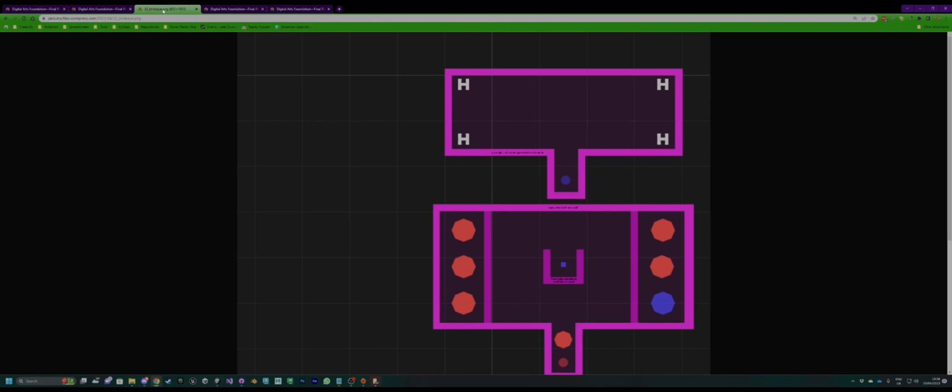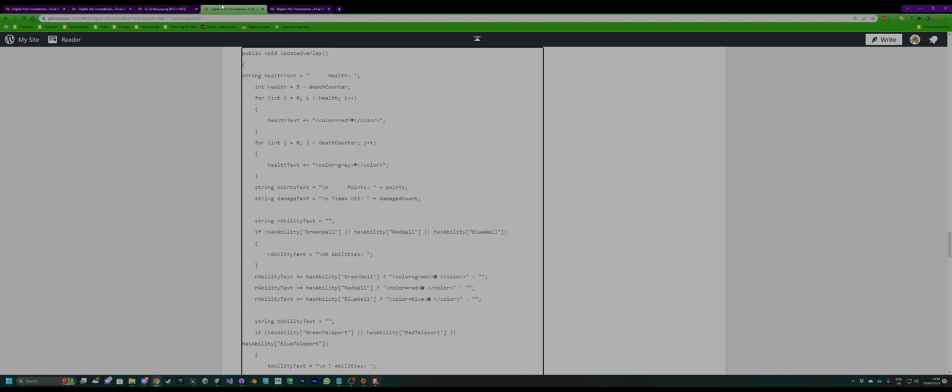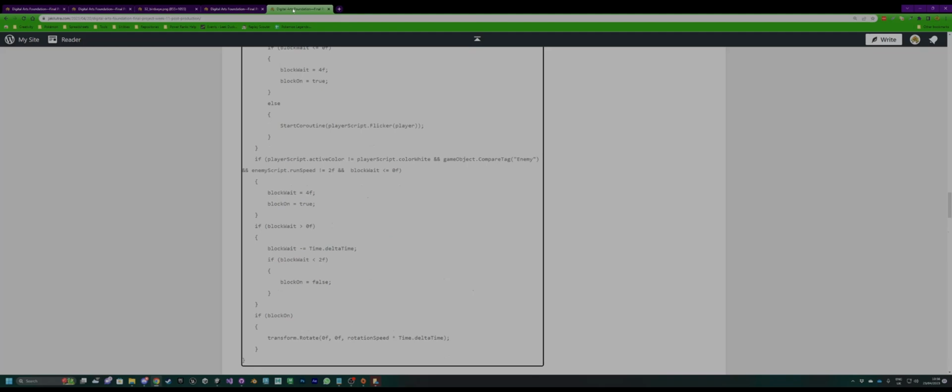As for the main development, I focused on developing 2 extra main areas in a final boss fight, as well as the overlay displaying health, points and hits taken. The overlay was easy to edit the content of, but hard to manipulate the dimensions of. For the colour-based abilities, the red introduced the blocking via rotation, and the blue introduced an optional multi-bullet attack. At this stage, it was mainly about using my existing engine knowledge rather than learning new techniques.